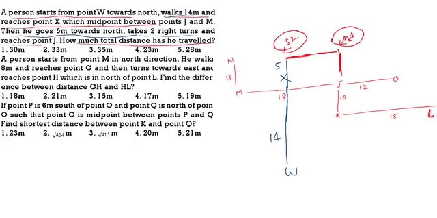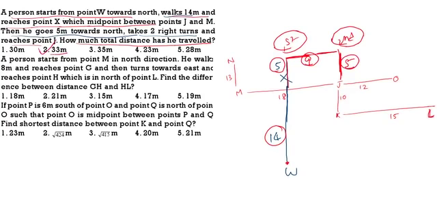See here carefully. Until here it is 14. From here to here it is 5. 14 plus 5, 19. This is the midpoint of M and J, so this will be 9 meters. And this is again 5 meters. From here he starts the journey: 14, then he walks 5, again 9, again 5. 14 plus 5 is 19, 19 plus 9 is 28, 28 plus 5 is 33. So 33 is the correct answer for this question.